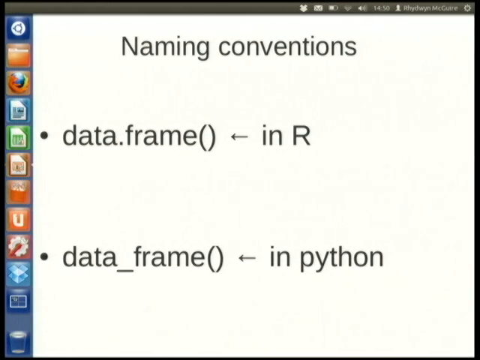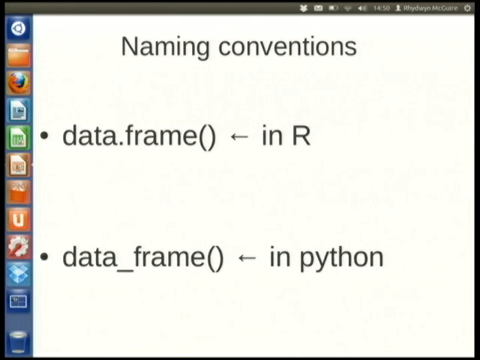Naming conventions. This is a data frame in R. A data frame is a really commonly used form of data object. It's two-dimensional, somewhat like a spreadsheet, I guess, or a matrix, but with metadata. There's no syntax in R about dots. That is just a variable name.